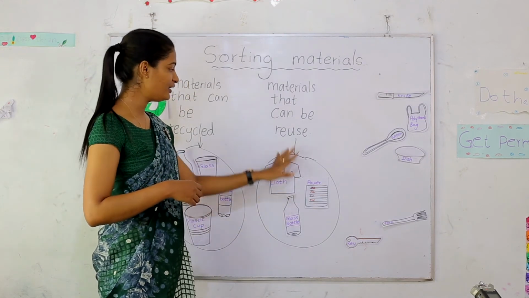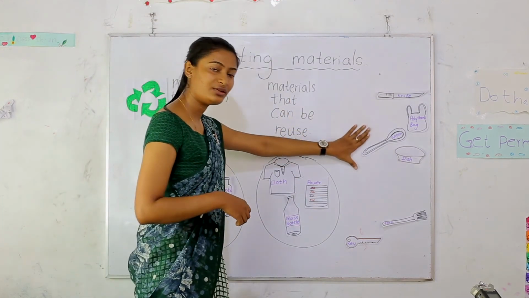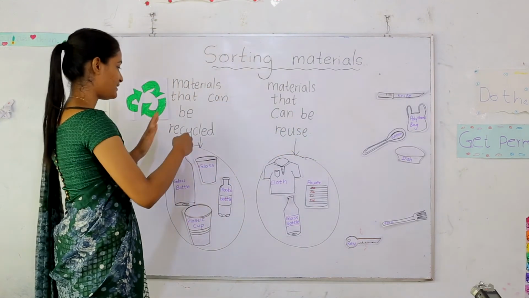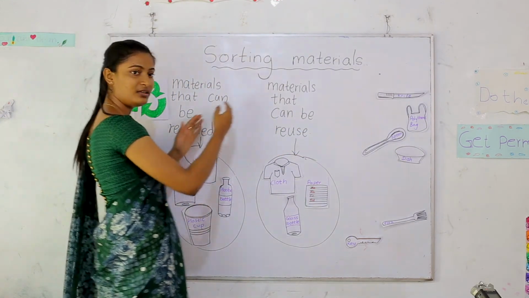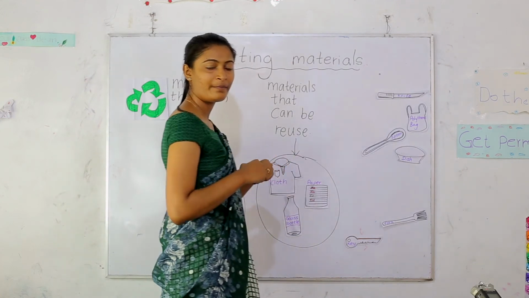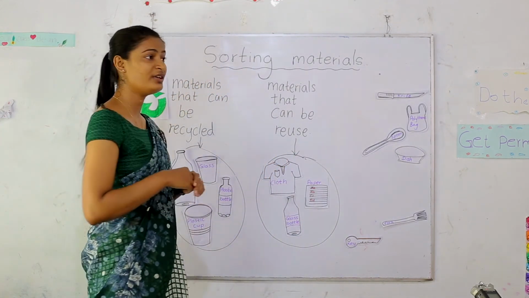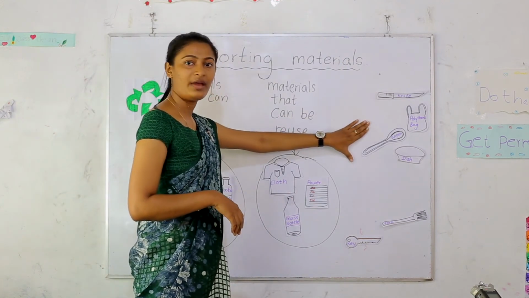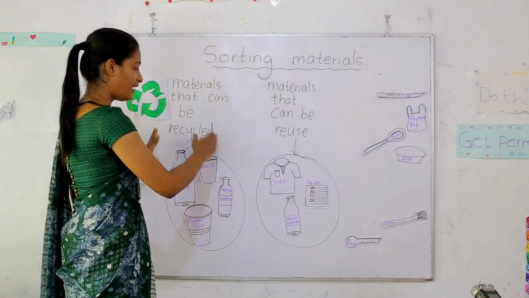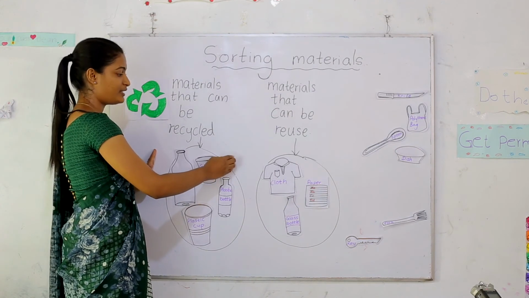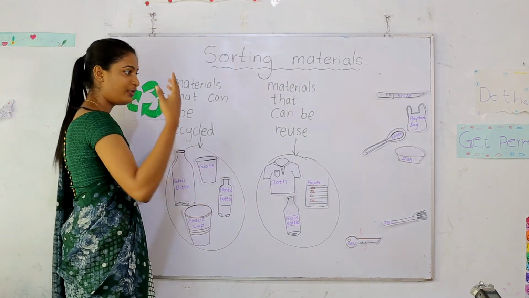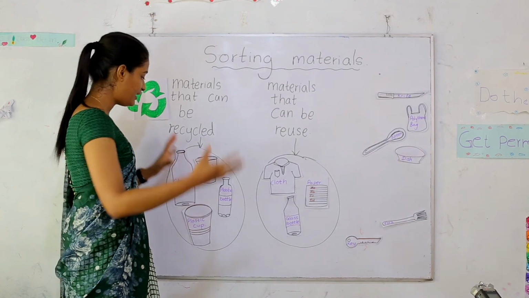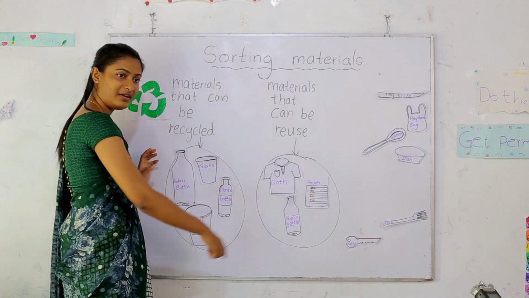This is how we can categorize these objects into two groups as materials that can be recycled and reused. Okay, now what you have to do is, at home you have to find these materials and write this note in your writing book and draw. You have to find the objects at home and draw them as I have done on the